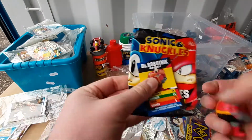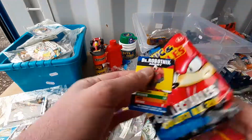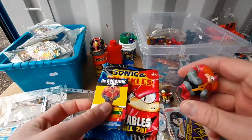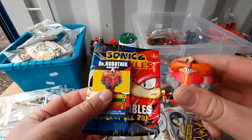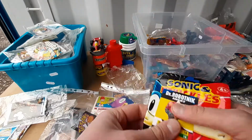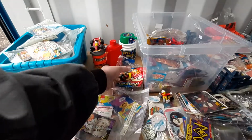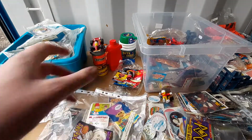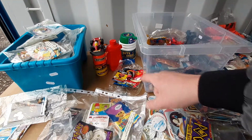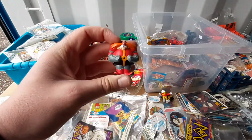So this is a Sonic and Knuckles PVC figure from the mid-90s. These were made by Corinthian, and I believe these were only released in the UK. I have had a few of these before, and it's a shame that the figure I've got here is Robotnik, because there's about 20 figures in the set, and some of the figures are the only figures you can get of certain characters. So some of Robotnik's goons, like the robot caterpillar, the robot crab, that's the only time they've ever made a figure of them, and you could only get it in a blind pack that was only made in the UK. I've had some of these before, like the robot crab,